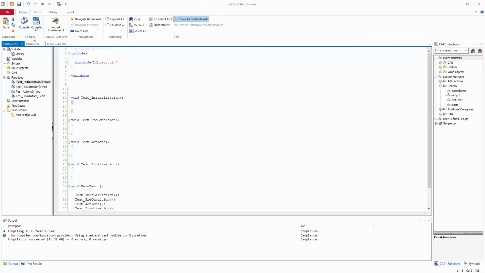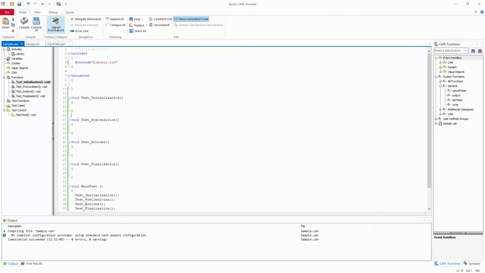And then we have the compile option. Here you have two options: one is compile and one is compile all. If you click compile, it will compile this particular file, the current file that we are in. That file alone will be compiled. Compile all compiles all the files which you have opened here, which are active, and also the files which are linked, all together. So remember, compile will compile the current file, and compile all will compile all the active windows which are opened. That is the purpose of the compile option.